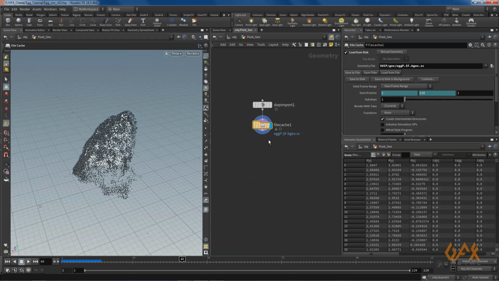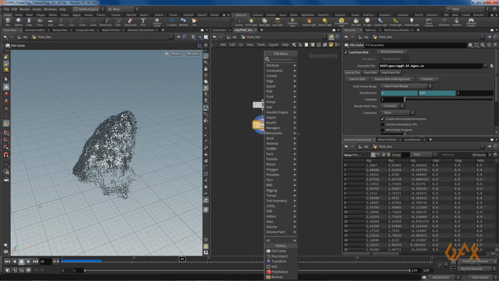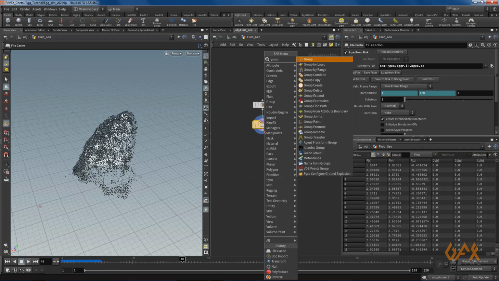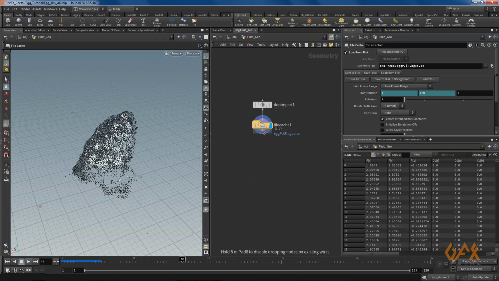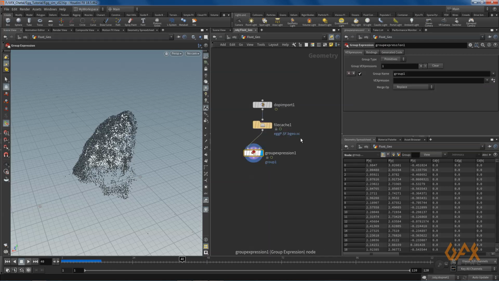So for that what I need to do, I just create one group expression, and over here in VEX expression I just define @viscosity equal to, this is comparison, 10,000. Okay, and here you can just define group 1, or I say yolk, it's okay.